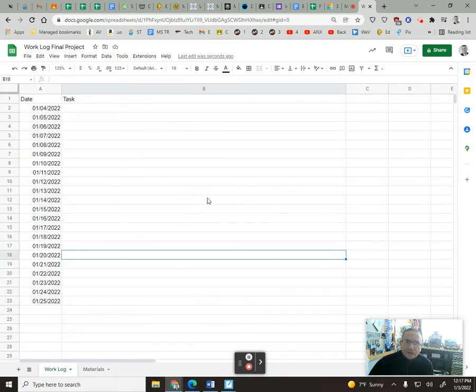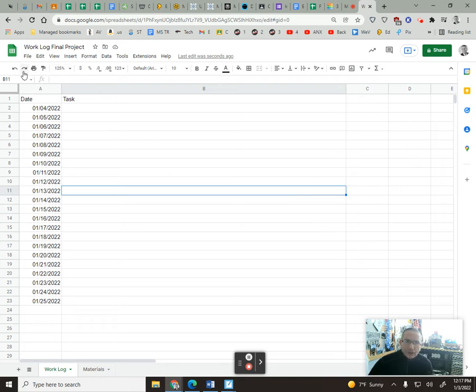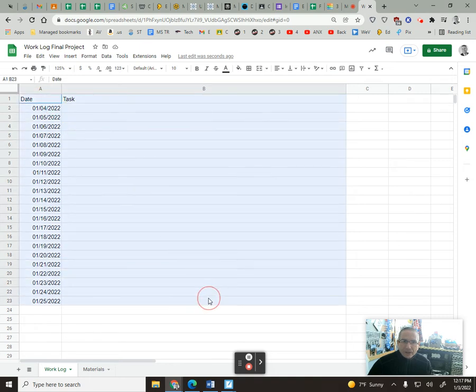Now the other thing I'm going to want to do with this, make this a little bit bigger again for you guys, is I'm going to want to put some borders in. And you'll notice there's a lot of options here on our spreadsheet toolbar. We're not going to get too involved in that today, but we will highlight from cell A1 down to B23, just like we normally would in any application with a click and drag. I'm going to go up here to the borders,